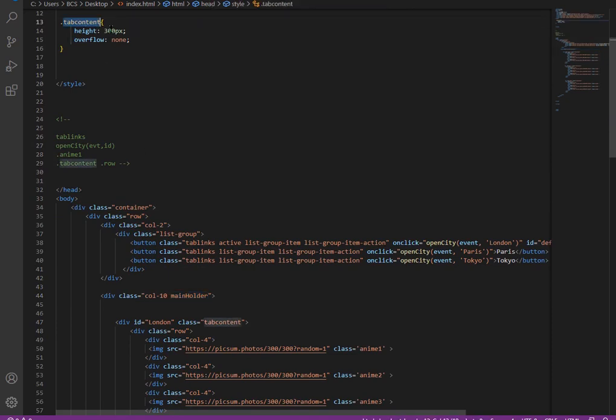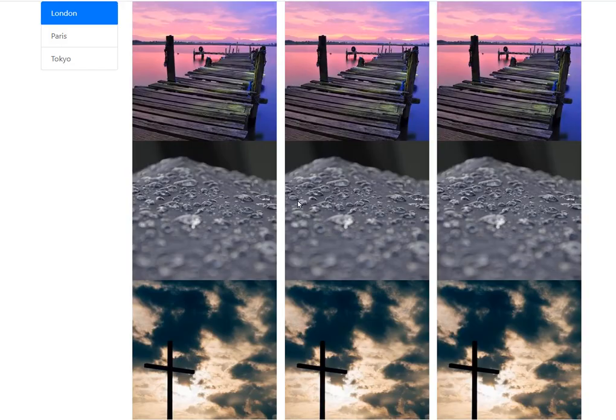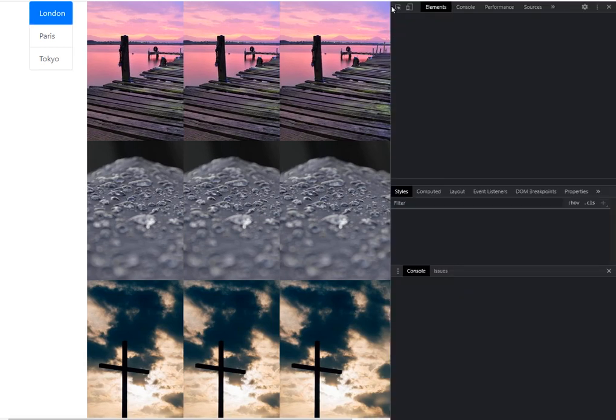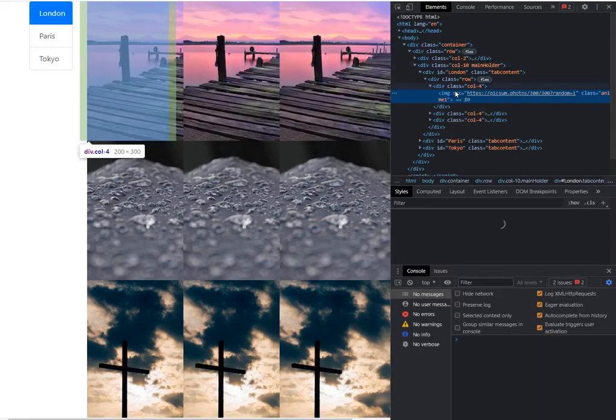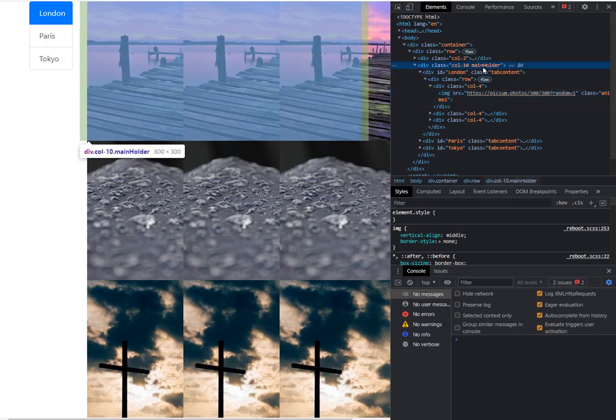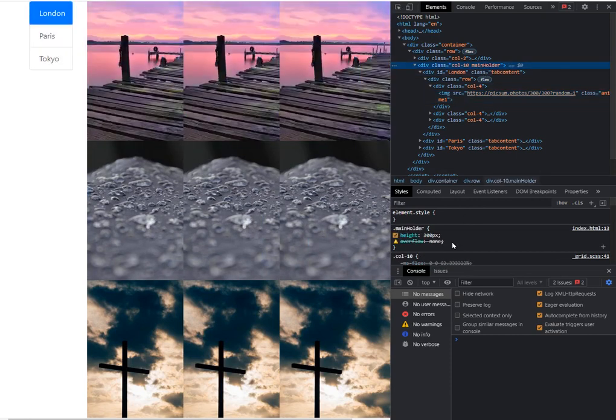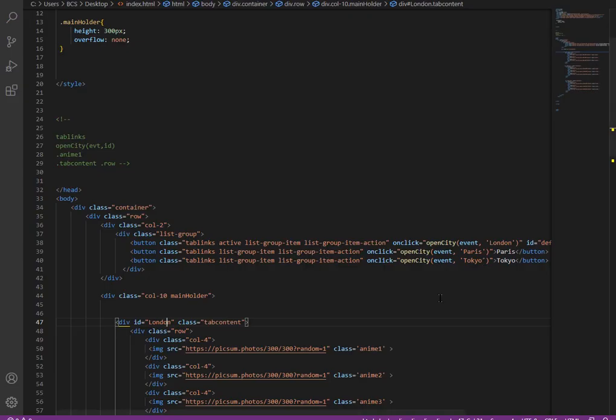Let's give the main holder the height and overflow. Let me inspect and check where we are making a mistake. We have to choose a container, so here the container is going to be the main, and overflow hidden is not working. Let me use important. Actually, overflow hidden, it's not none, my bad.